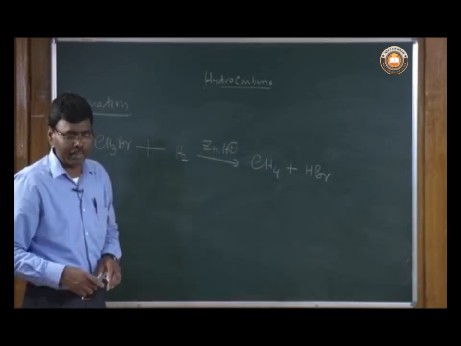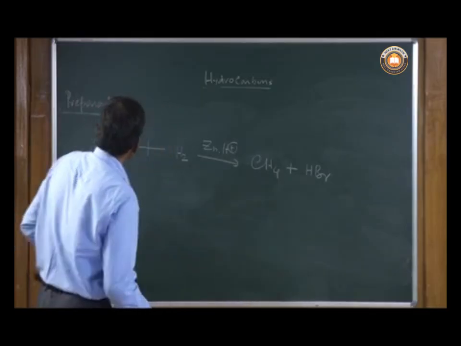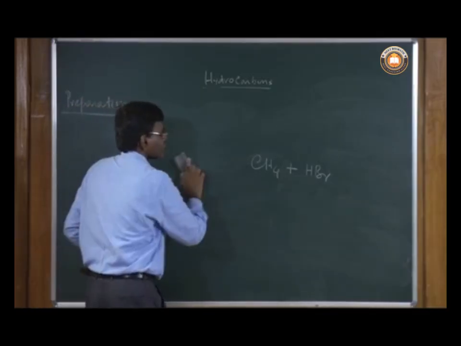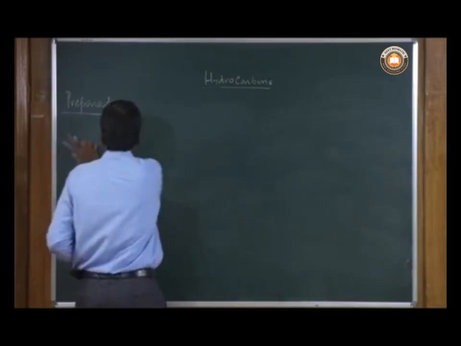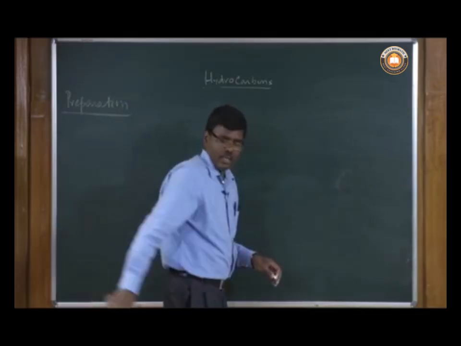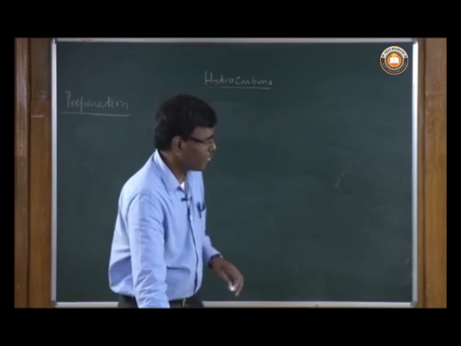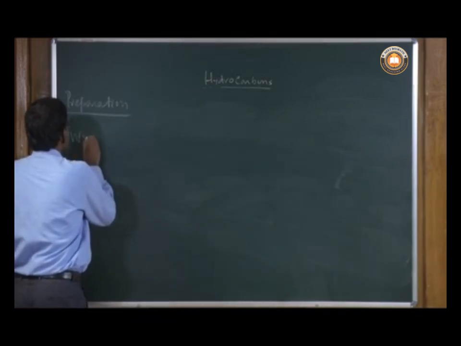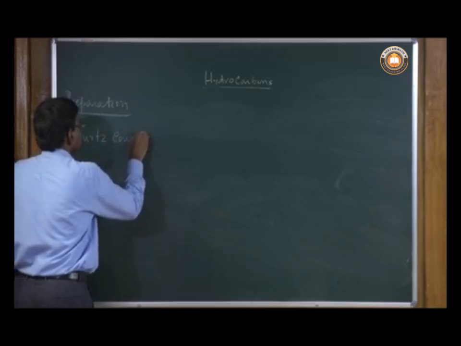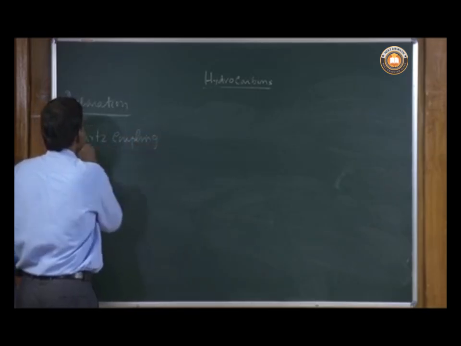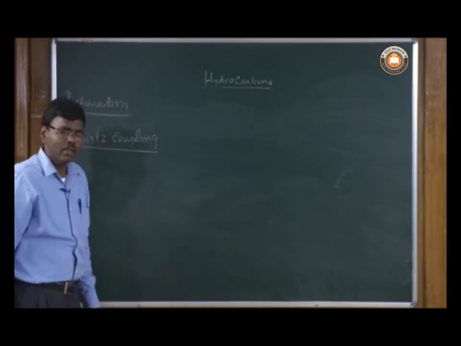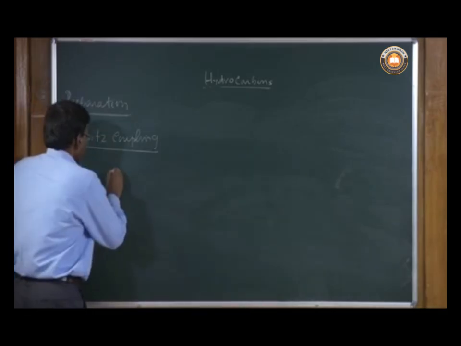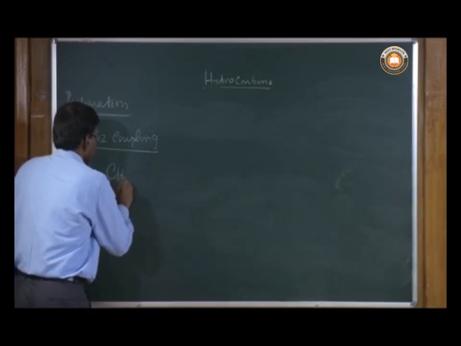The third example is Wurtz coupling. An alkyl halide, for example, bromomethane